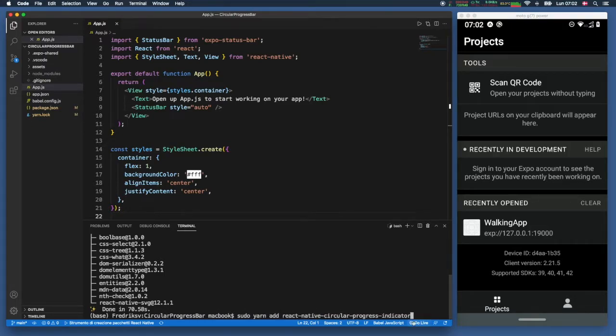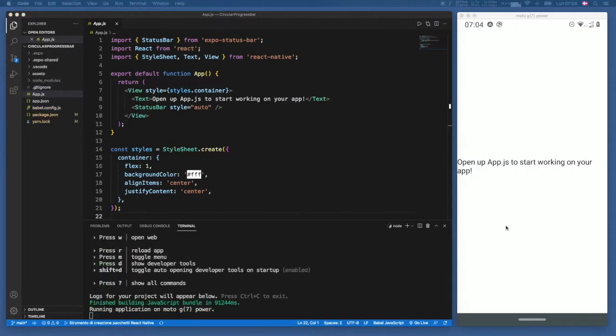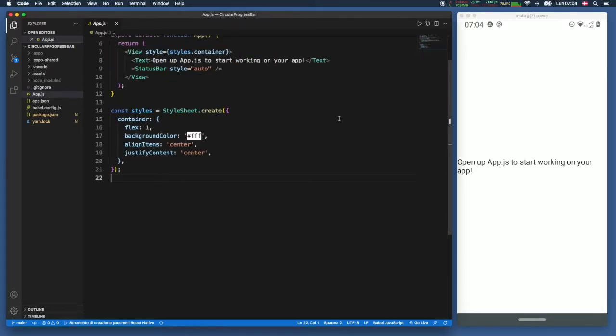Perfect. And as soon as that has downloaded, we can go ahead and add the React Native circular progress indication. Perfect. Now we can go ahead and type in expo start, and I want it to start on my local host and on Android. And perfect, it has loaded our default template, so we can go ahead and close the terminal and get started